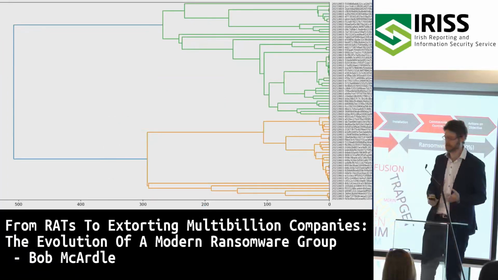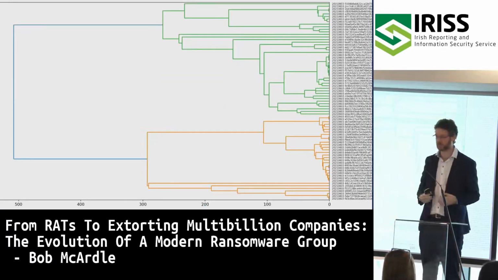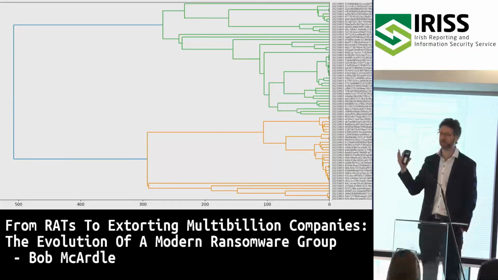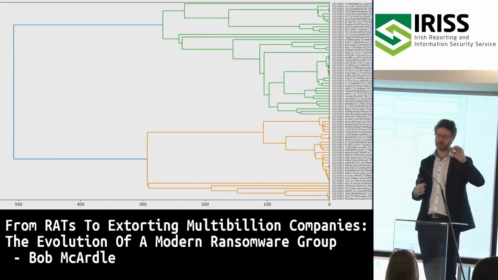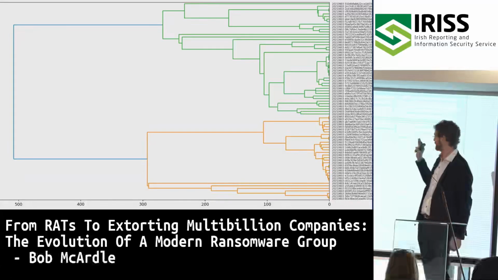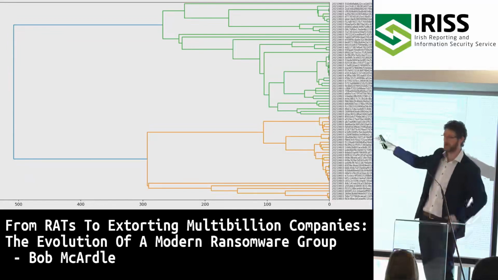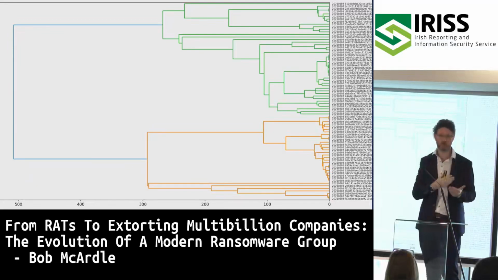And what's interesting is if we take all those different variants and we just map them out, we actually use, this is a dendrogram, which is like a family tree, if you like. We use TLSH fuzzy hashing to do this. But essentially, if you think of this like a family tree, where the common ancestor is all the way on the left, then the more you get to the right, the closer they are to each other, right?